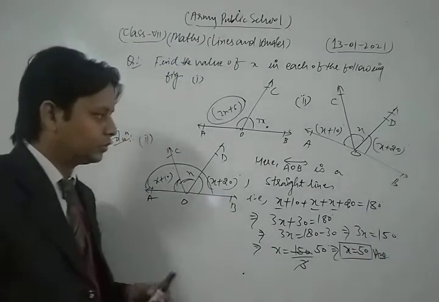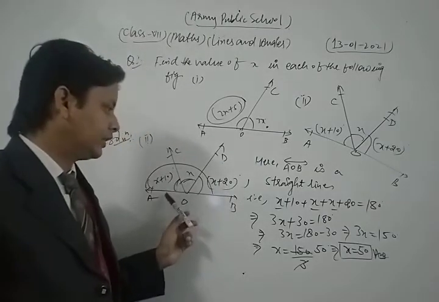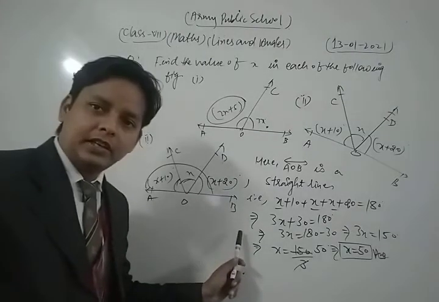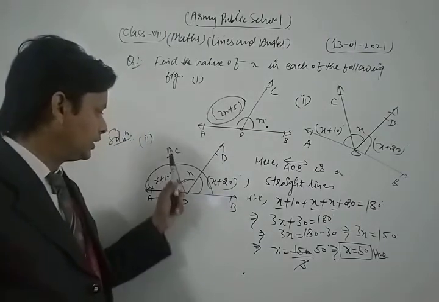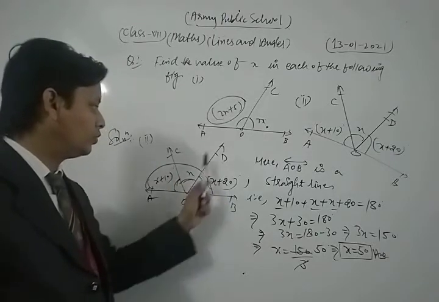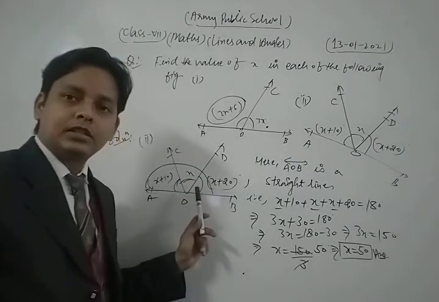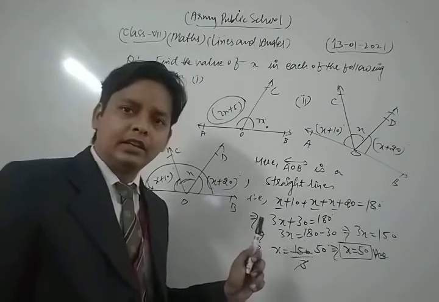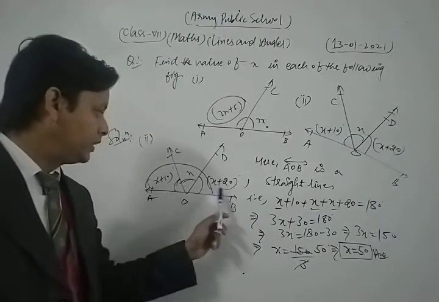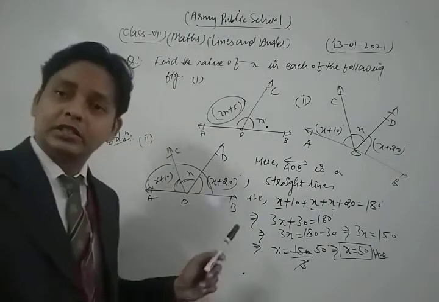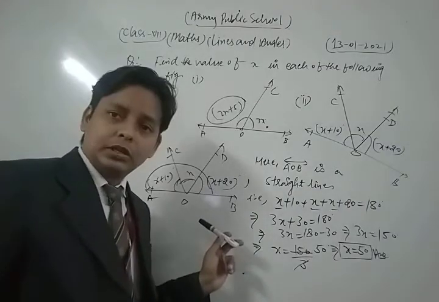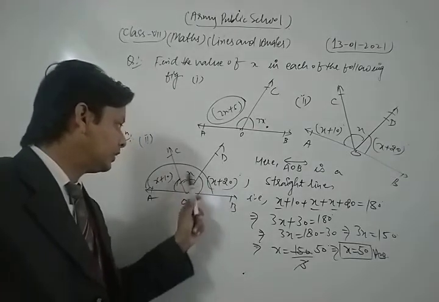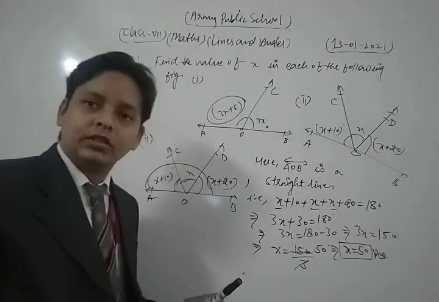Okay. Now let's see once more. We revise that question. In that figure, we find the value of x. Okay. Now, dear student, AOB is a straight line, and here angle AOC, angle COD, and angle BOD all form on the straight line. Thus, by the concept of straight angle, we know that the straight angle is always 180, and this is angle AOB. Thus, from the figure, we can write angle AOC plus angle COD plus angle BOD is equal to 180 degrees.